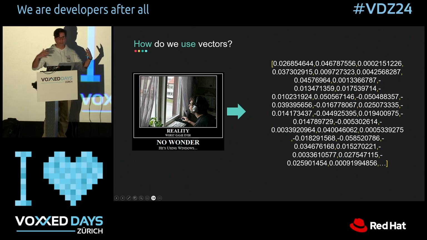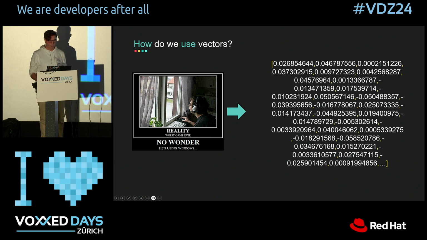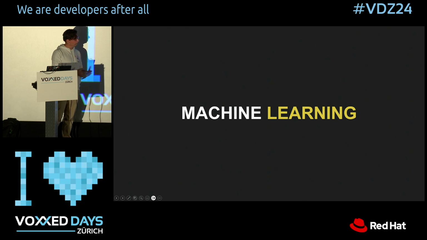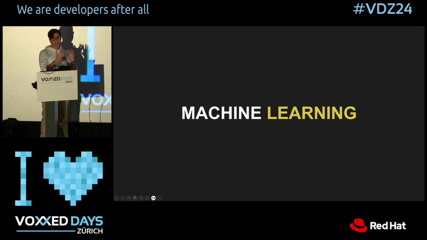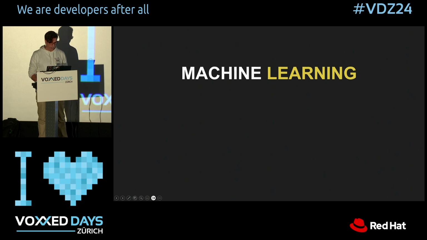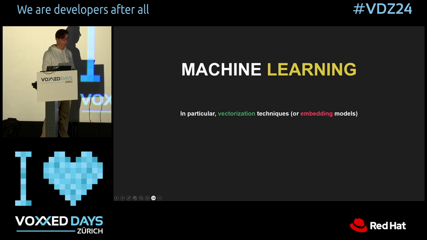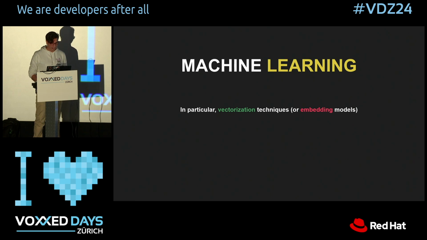So we're in a state of trying to vectorize and embed whatever we see. And we do that through the use of machine learning models. These models are trained to take certain input, text, images, or whatever, and have a vector output. And we call those techniques vectorization techniques or embedding models. There are some other names out there because in software engineering we are really good at naming things, a lot of different things, pretty much.